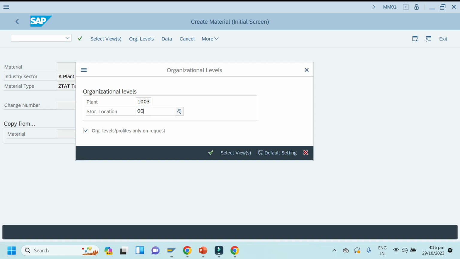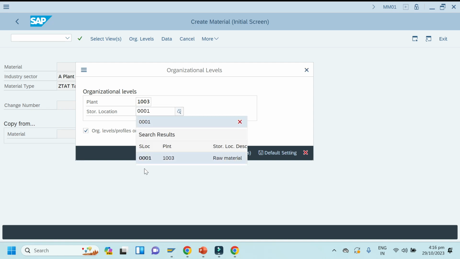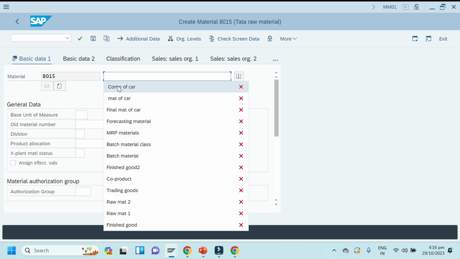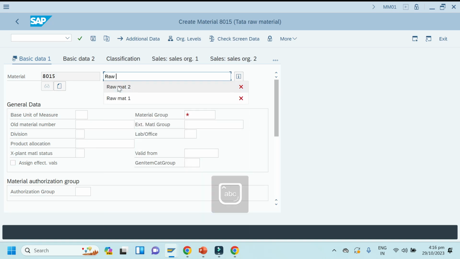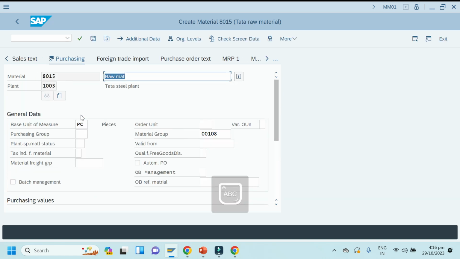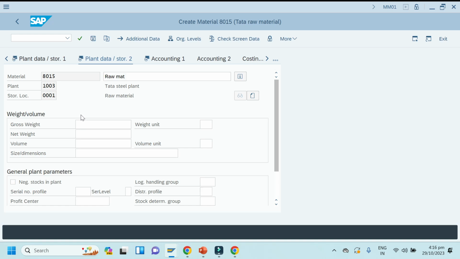Click enter. Okay, so anything raw material, basic measure piece, I will take it. I'm just entering important points only, no need to enter all the things.